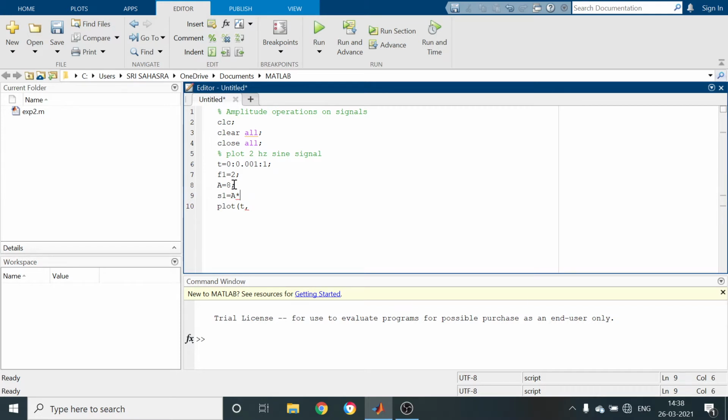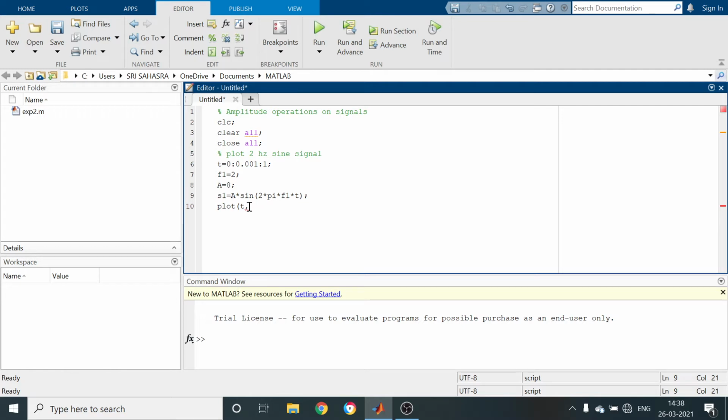The standard function sin is used to generate a sinusoidal signal. Next, sin 2 pi f t, where I am using the letter pi for the mathematical constant pi, f1 star t. So this is the instruction to generate a sinusoidal signal with 8 volts amplitude and 2 hertz frequency.